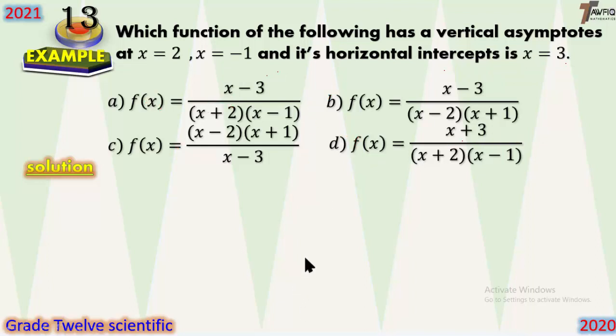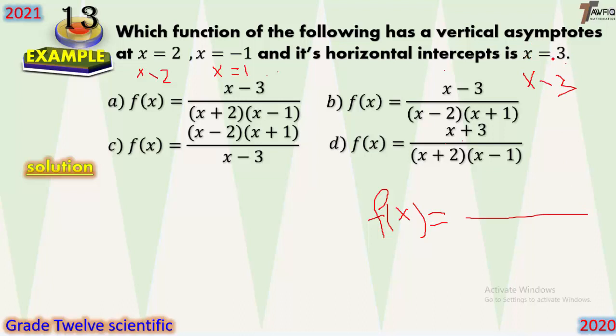We have another way to find the function. Here you have x equal to 3, x minus 3, and you have here x equal to 2, make it x minus 2, and here x is equal to minus 1, make it x plus 1. And now write your function like this. Function f of x is equal to